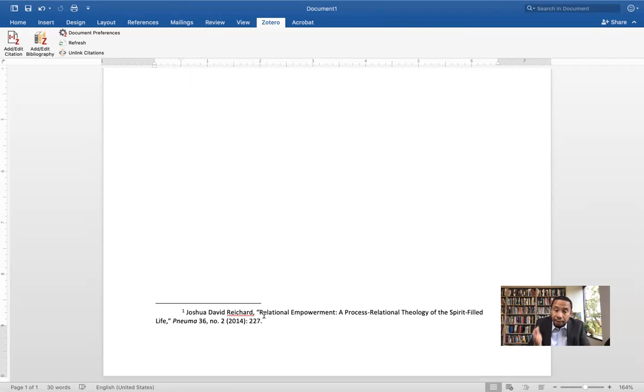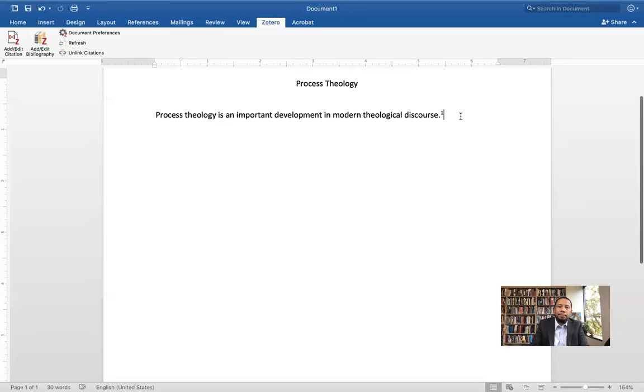So notice this, Zotero formats everything for you. The name of the person, the title with the quotation marks and comma here, Zotero is going to do everything for you. Okay, and then next,